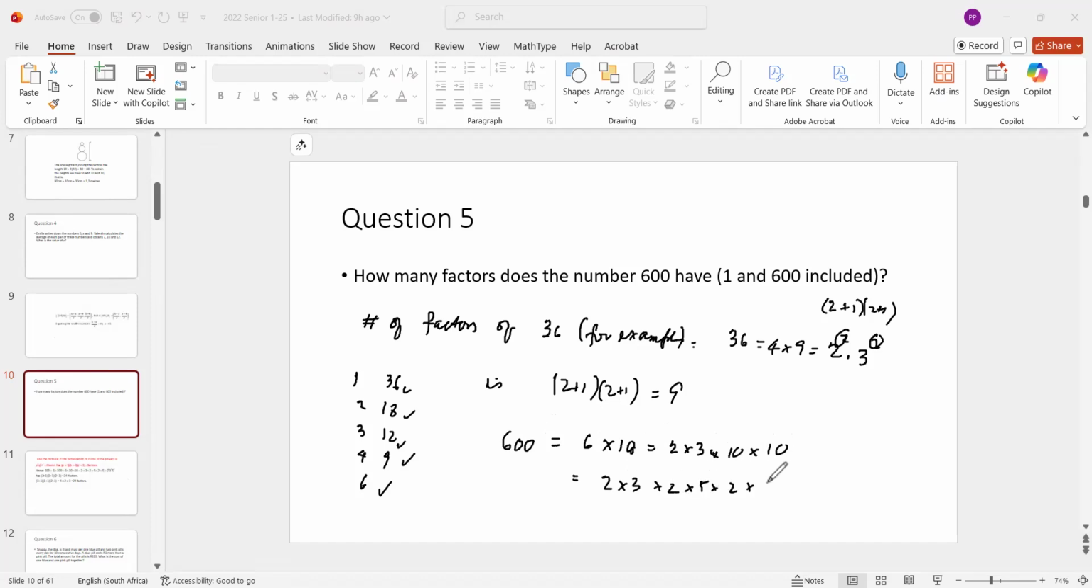And now, in this factorization, you cannot factorize any further. You see you've got 3 2's, which makes it 2 cubed, and 1 3, and you got 2 5's. So this is the factorization into powers of primes. These are prime numbers, right? So therefore, the number of factors